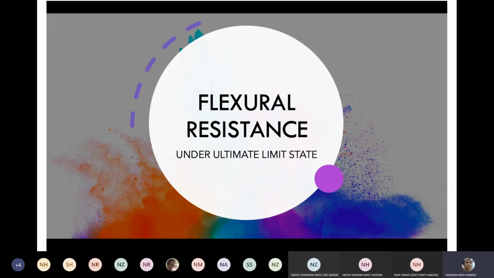Okay, so kita tengok yang ni. So this will be the next chapter, right? So this is something different, okay, in comparison to what we have learned previously, right? Previously we have considered the serviceability limit state, whereas we do not consider the factor of safety,